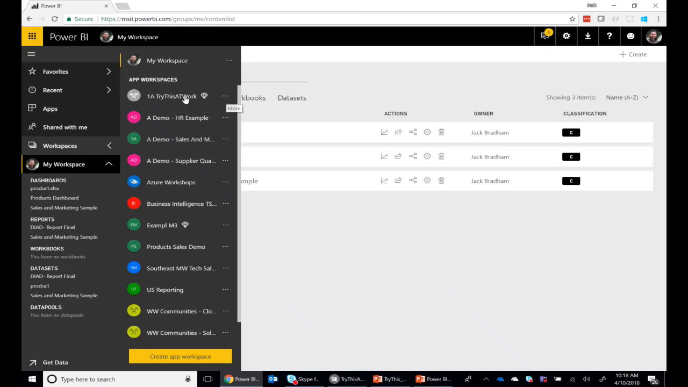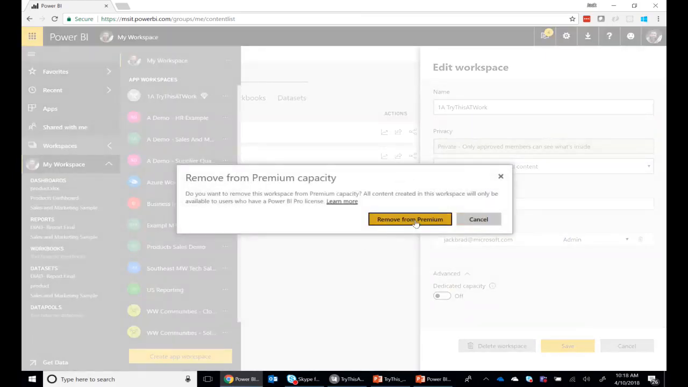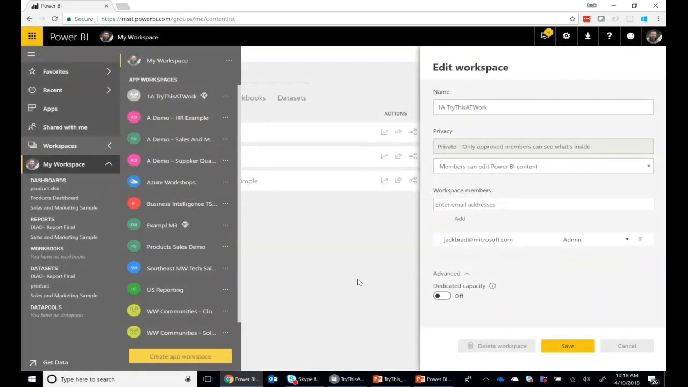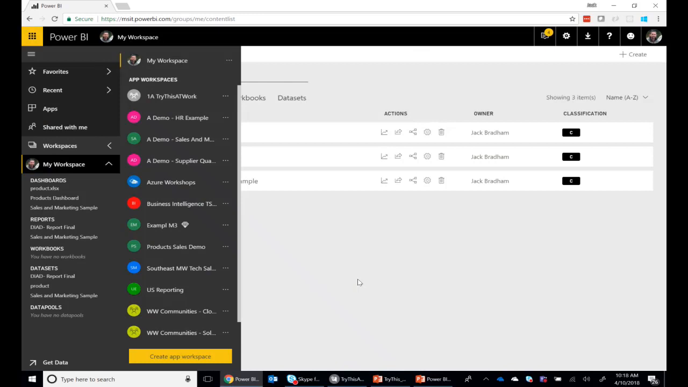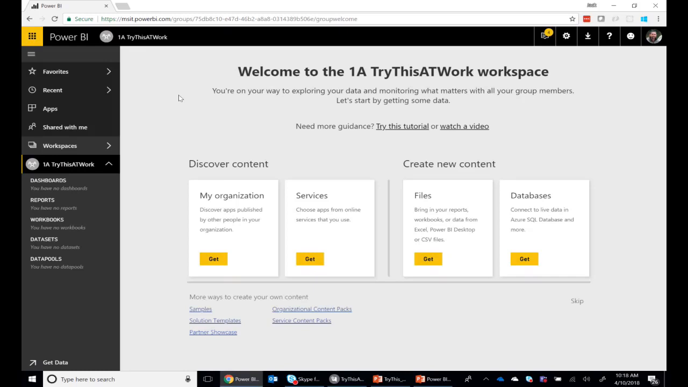That's why I did the A1. And it also has that diamond. Now that diamond means something special. I'm going to get rid of that diamond right now because I don't want that for our demo today. But essentially what that means is that's a premium workspace solution, and every user who has access could take advantage of that. So I'm going to switch over to my workspace, and we'll get started here with